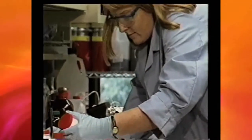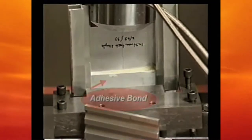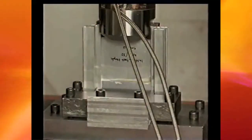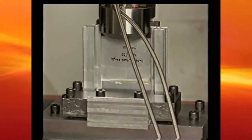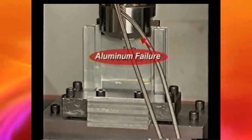How do we know Lord adhesives are tough enough for aluminum sign frames? Well, we tested them in our laboratories. We tested an unpainted aluminum sign frame assembly for adhesive bond strength. On the first test, the adhesive outperformed the bolts that held the fixture in place. After building a heavier fixture, we tested the assembly again. This time, Lord 406-19 adhesive proved stronger than the aluminum itself, still doing its job at 16,000 pounds or 8